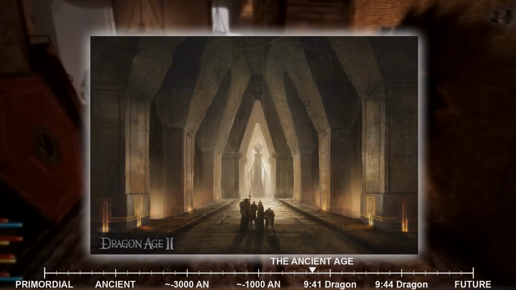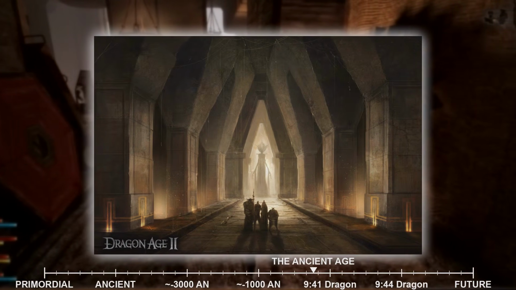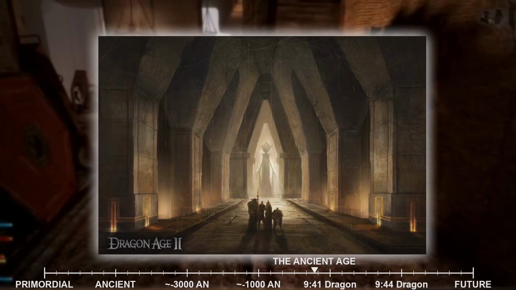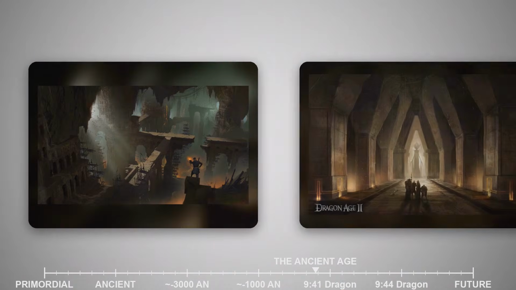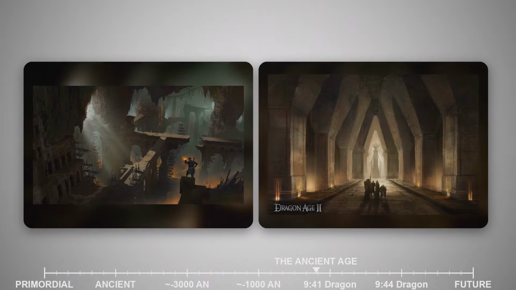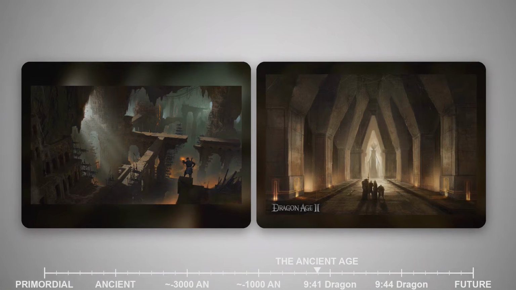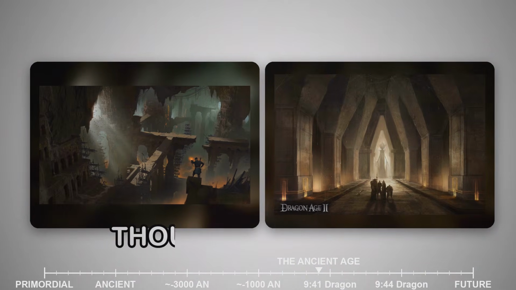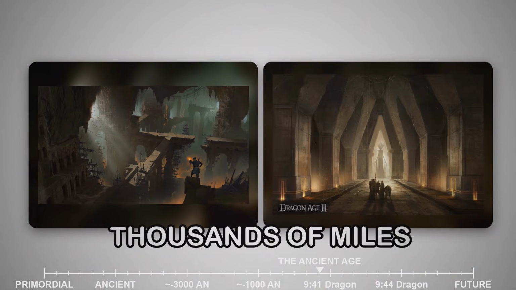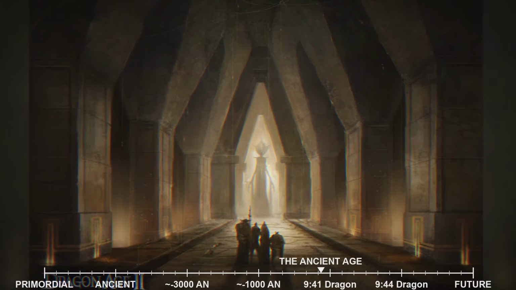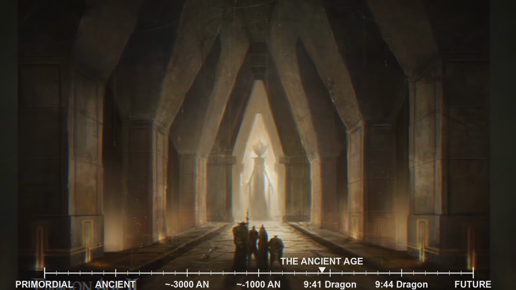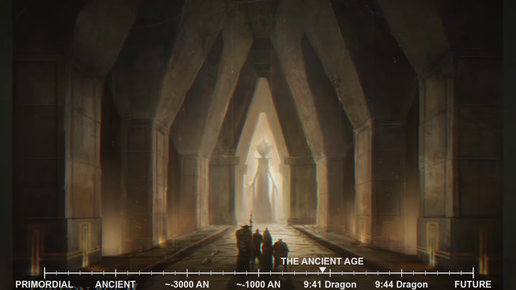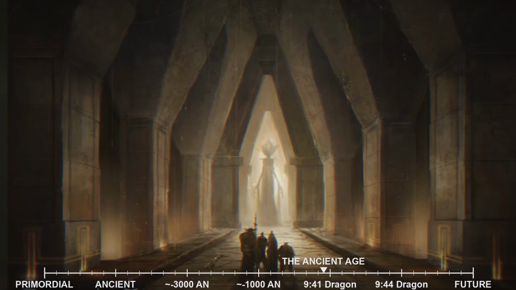As their population grew and their ambitions expanded, the dwarves began connecting their Thaigs with an underground highway system of staggering scope. The deep roads were not merely tunnels for travel. They were a subterranean empire unto themselves, wide enough for merchant caravans and military columns, stretching for thousands upon thousands of miles beneath the entire continent of Thedas. At their height, you could theoretically travel from one end of Thedas to the other without ever seeing the sun, passing through dozens of Thaigs, each a thriving metropolis in its own right.